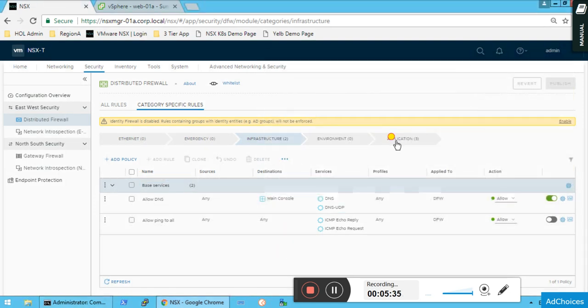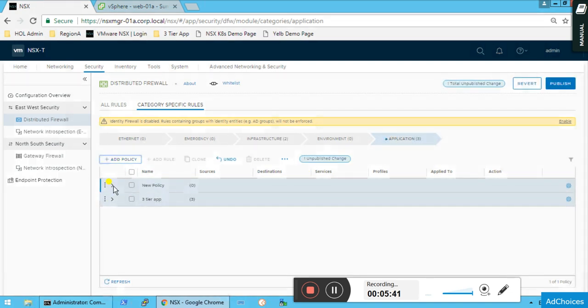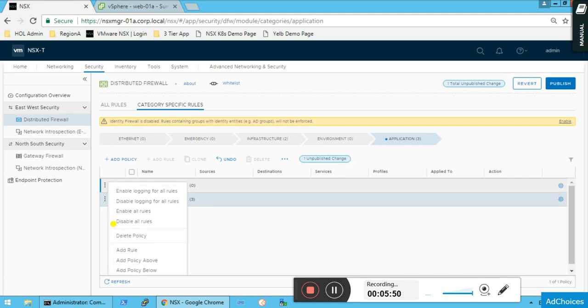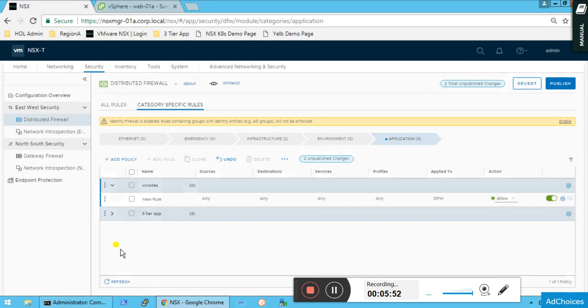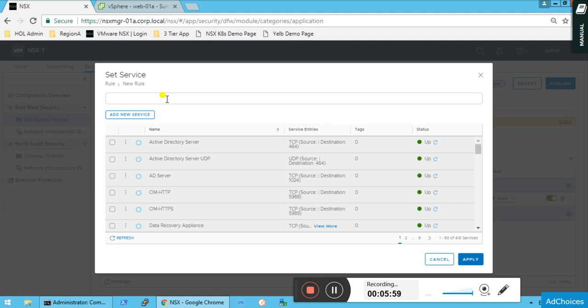Now create an ICMP rule in the application section. I'll prefer to do add policy. In add policy, I give it a name. This is notes. Example name. Then add a rule from any to this service.